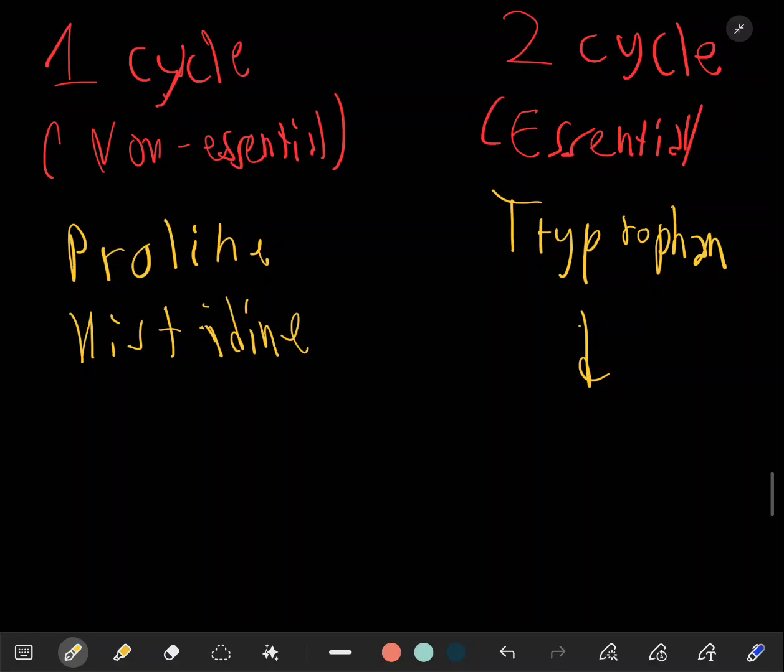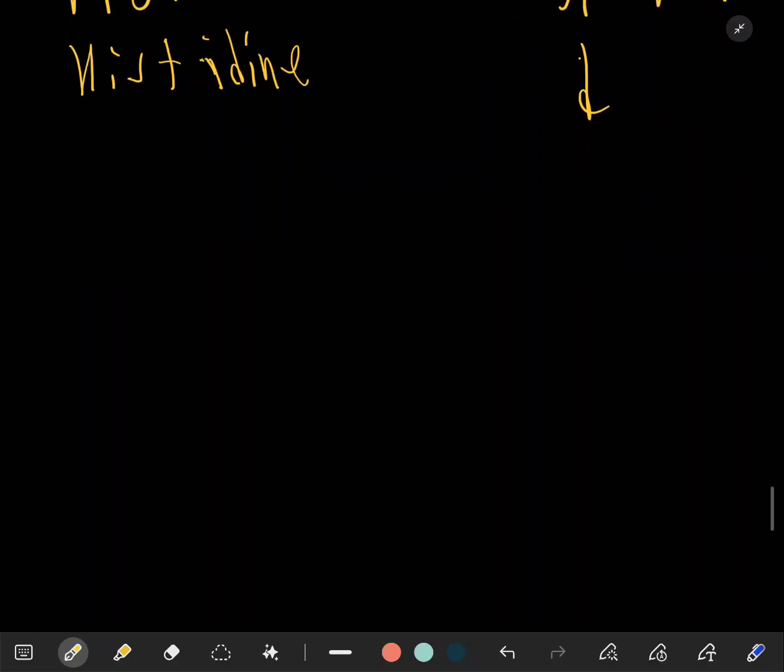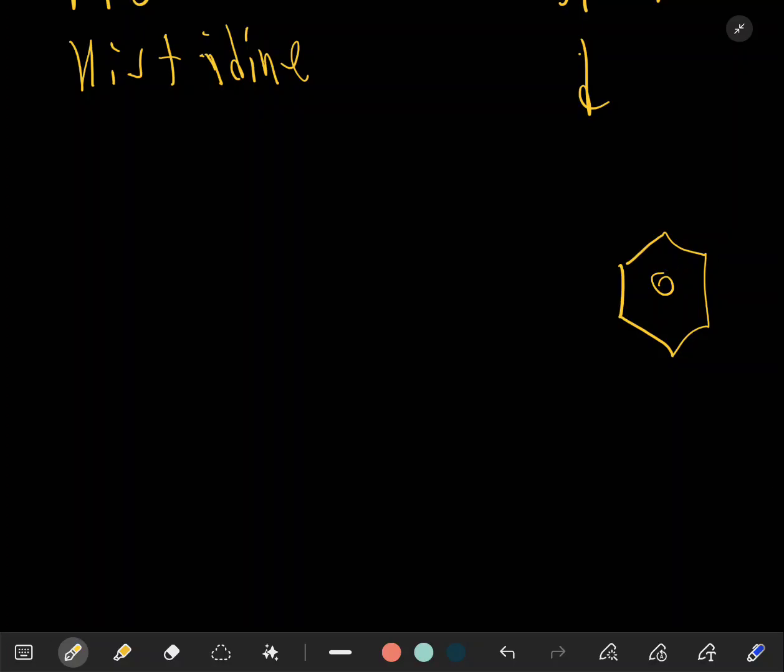So let's make the structure for tryptophan. Tryptophan has 2 cycles. Let's just make a benzene ring because benzene is everywhere and benzene is a must. Then we have to make a 5-membered ring like this. So this is a 5-membered ring, and here we can add an NH group,